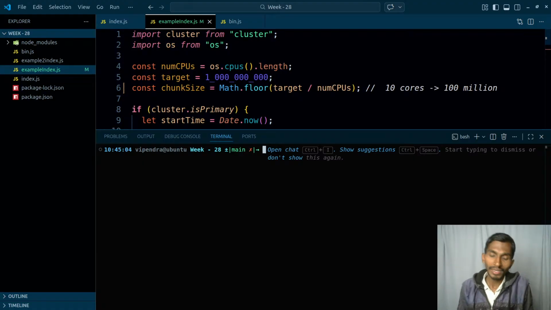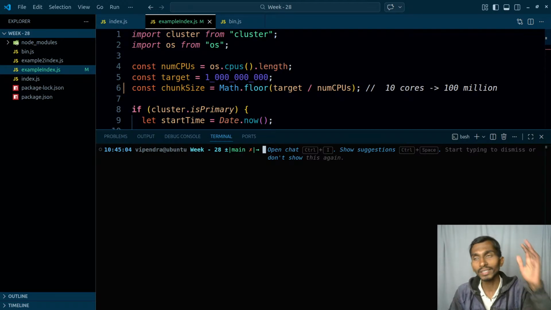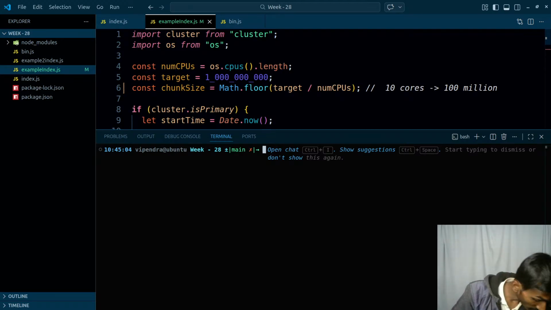So we are going to be mainly covering the things related to scaling. So there are two types of scalings, like vertical scaling and